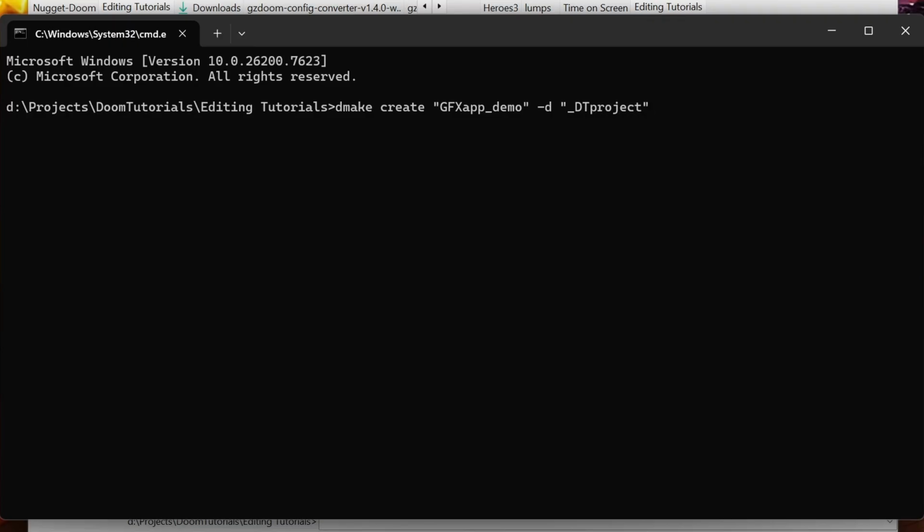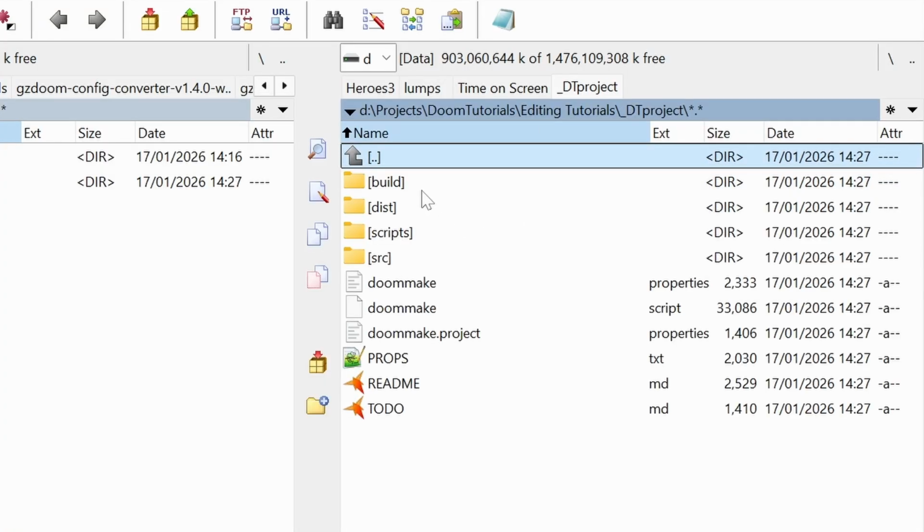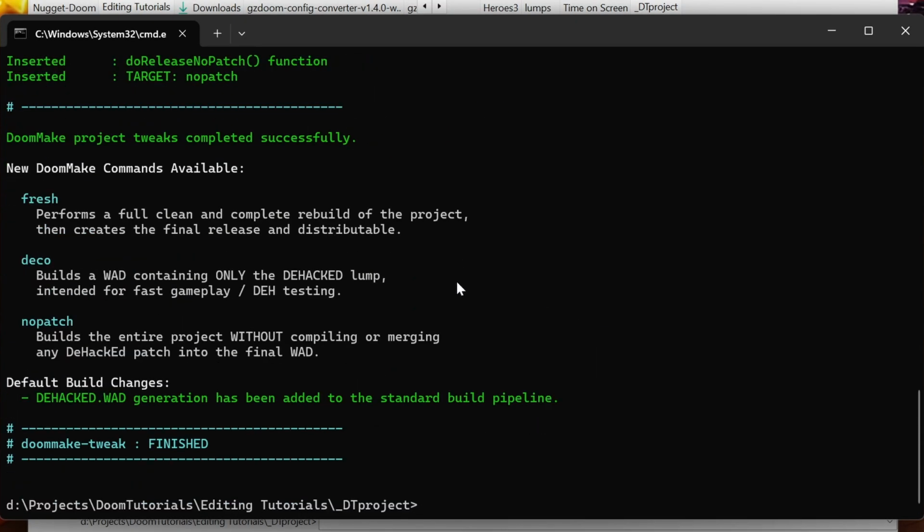And yeah, boom. That just creates the entire project folder for me in here. It also puts in my custom build targets. Now, by the way, if I just go dmake update,